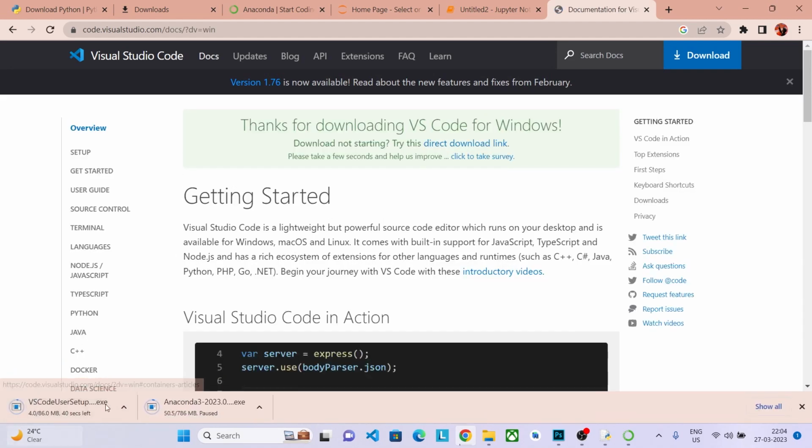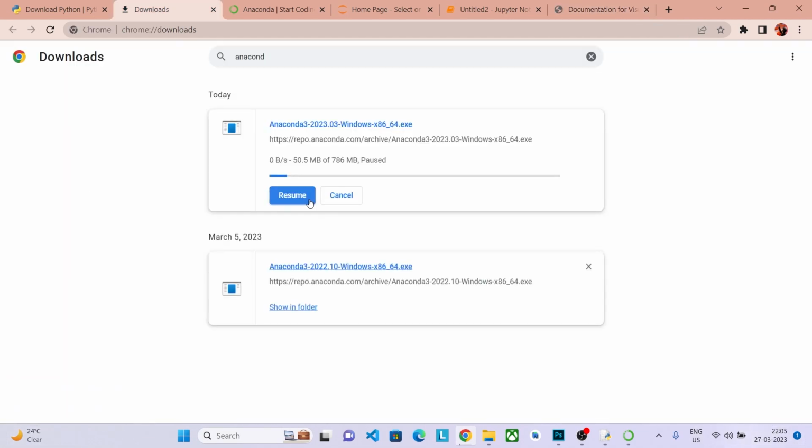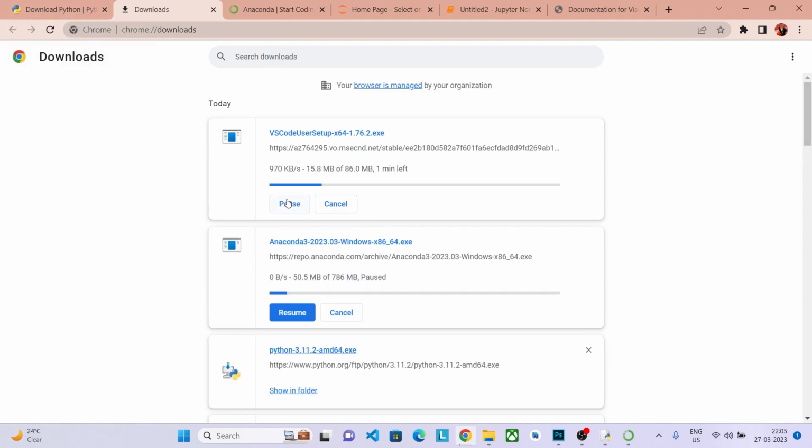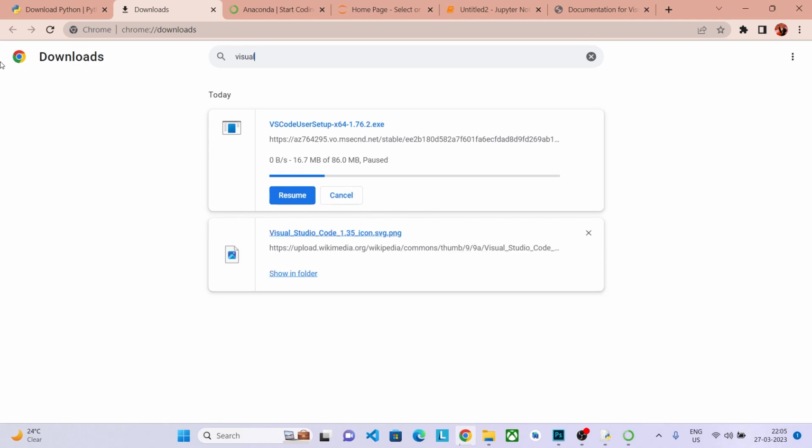After downloading it takes, I already installed this one also, guys. That's why I'm resuming my download. That's why I'm pausing my download. Don't mind, guys. Here, after completion of installation,